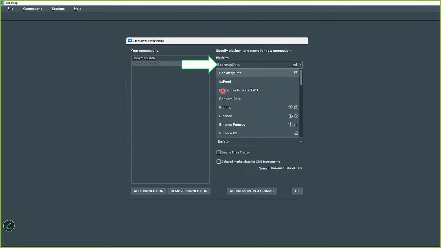Interactive Brokers also has data that can be fed into Bookmap. However, it's not the full market. It's not MBO, so it is missing some of the information that is a big part of Bookmap, and it does create some blind spots. But it is still there as an option, or even just to connect your Interactive Brokers account if you want. There are a lot of options down in here for you to create those connections.